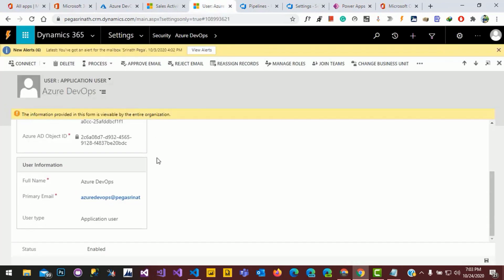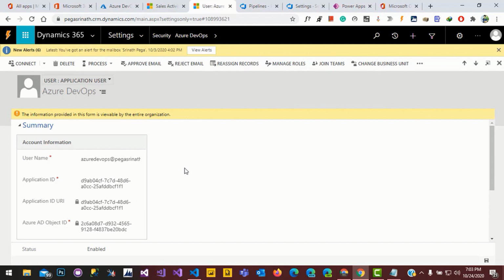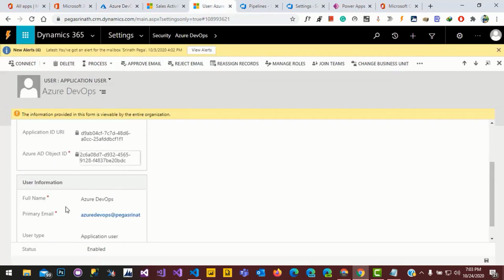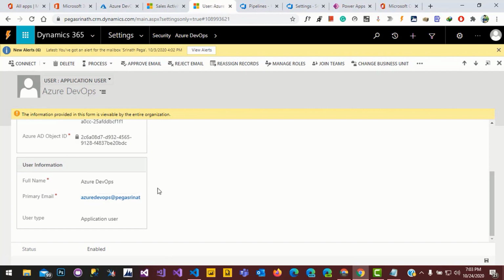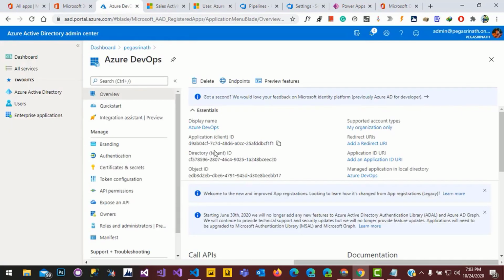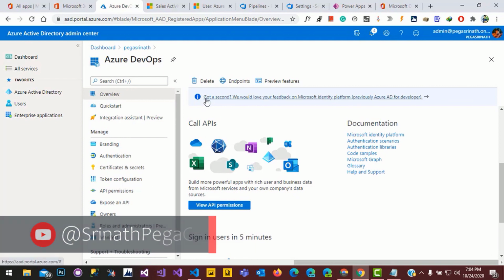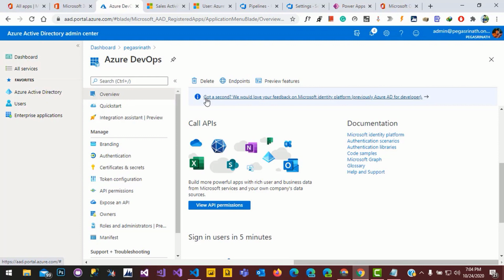See, this is an application user for Dynamics 365 which is connected to the app registration with the help of the application ID, this application ID. So all are here with these IDs. This application user got linked with this ID. So we already gave the permission to access Dynamics 365 with this app registration. By that, with the help of the secret key, this can export and import the solution from one environment to another environment. That's it for now.